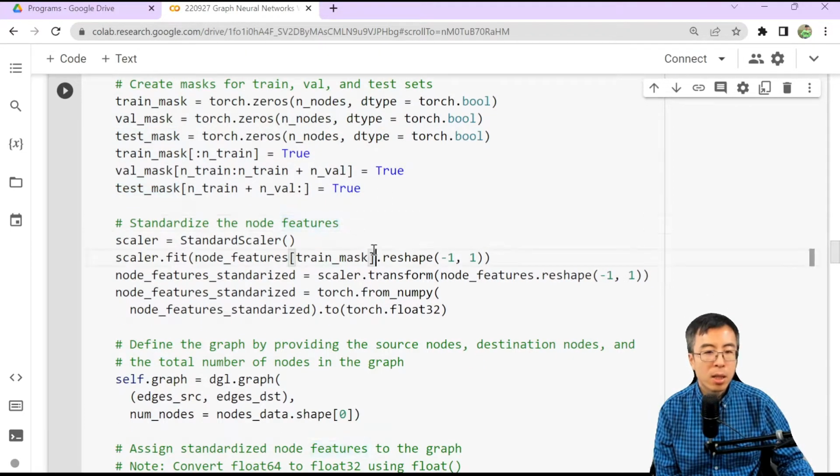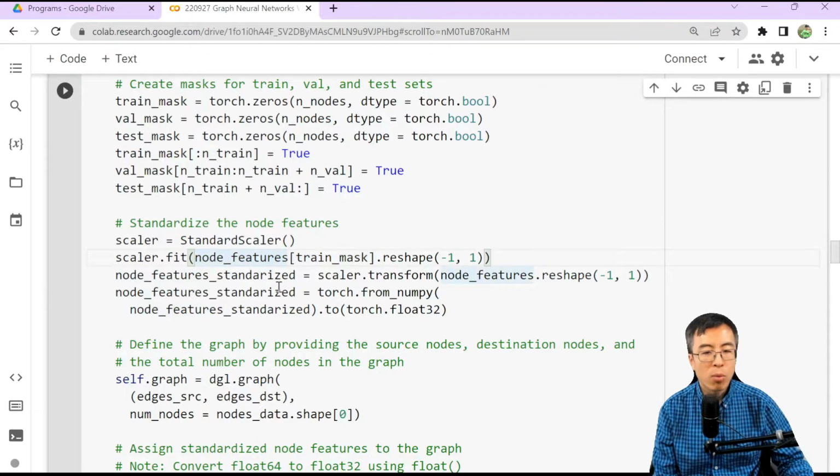After that, a common practice is to standardize the node features so that it helps the model converge. We are going to utilize the scikit-learn standard scaler to do that. First, we initiate the standard scaler, and then we fit the scaler we specified using only the node features in the train set.